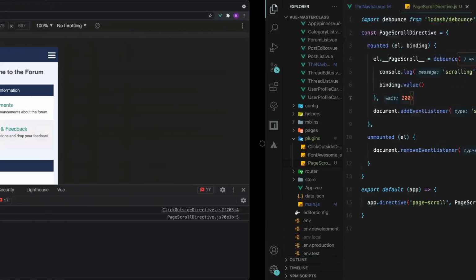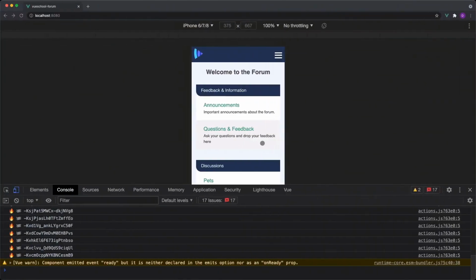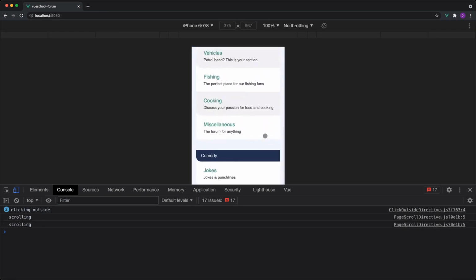We can fix that by passing the leading option to the debounce function. This says invoke the function first, then do the timeout, as opposed to the default of doing the timeout, then invoking the function. This time, it closes right away and still fires only twice. While this use case might not warrant debouncing, as our function doesn't do a whole lot, debouncing scroll events is a good habit to get into, as they have the real potential of causing performance issues.